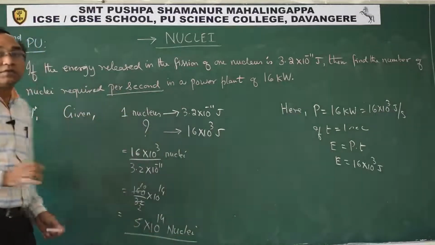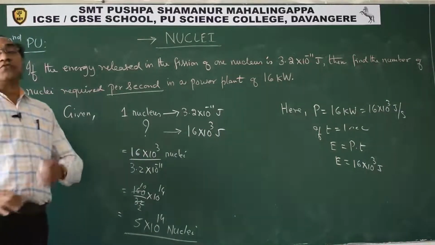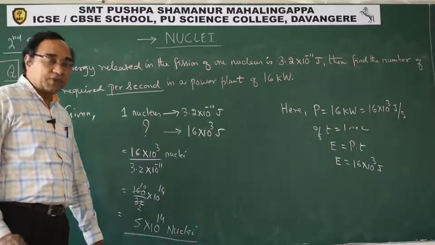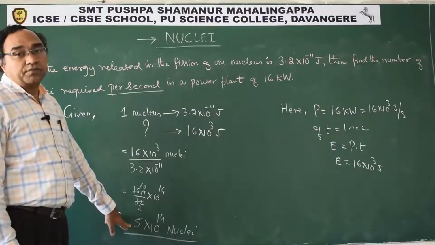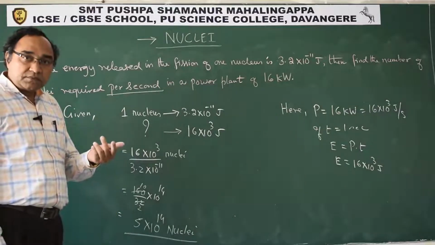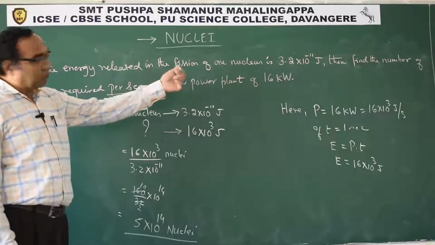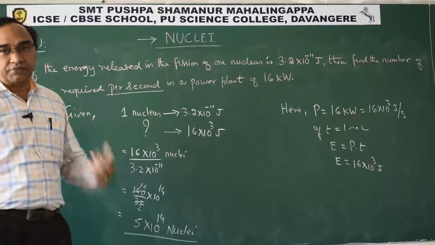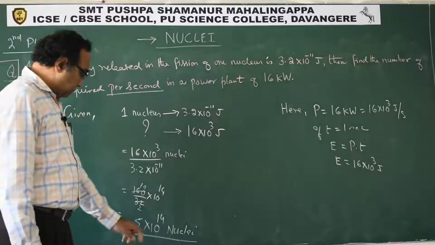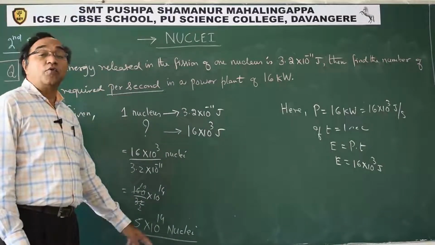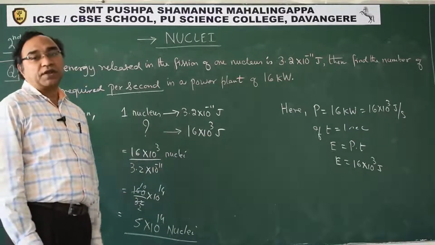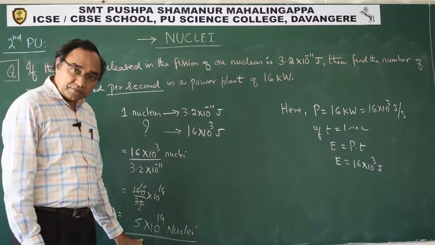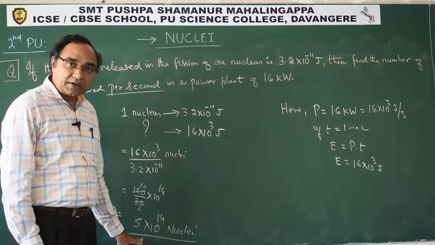nuclei are required. See here students, questions can be given as how many grams, what is the amount of the substance required. We got this many nuclei. Use the mole concept. Here it is not given what kind of nucleus it is. Suppose it is 92U235. Then what is to be done? This many nuclei will be contained in how many grams of uranium? We can find that because this is the same as the number of atoms. Each atom will contain one nucleus, so the number of atoms.